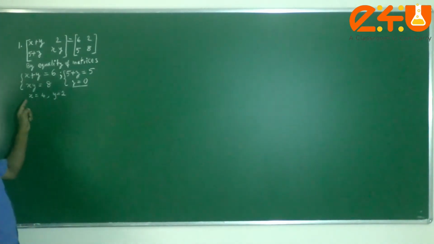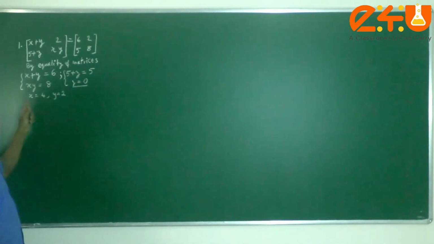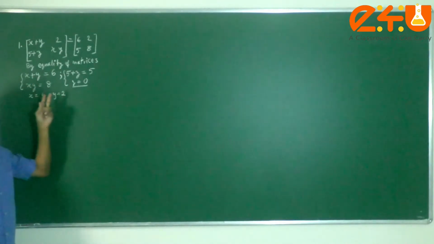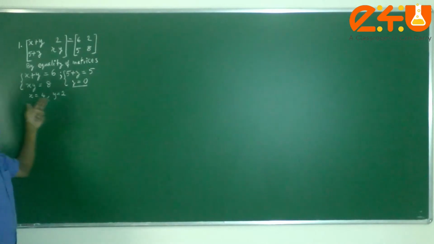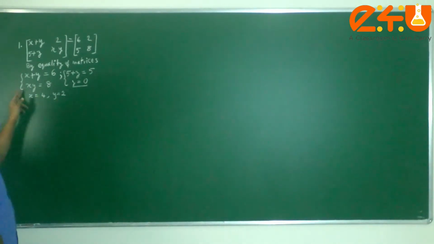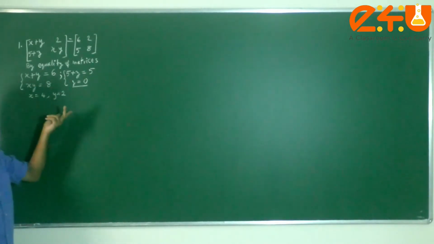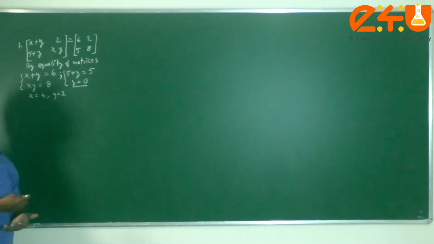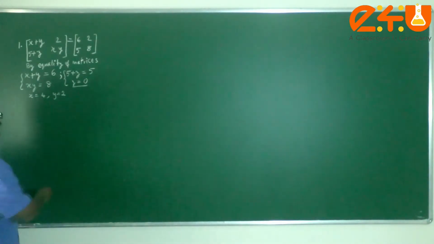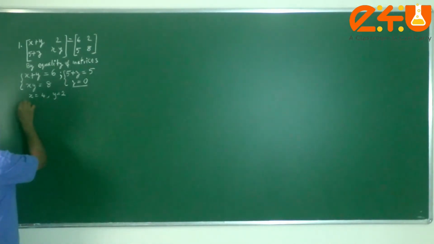Okay, is that the only solution? X plus Y is 6. By guessing we are able to identify the factors of 8 as being 2 and 4. So it could be 2 into 4 is 8, or it could be 4 into 2 is 8. Similarly, it can be applied to the addition also, because addition and multiplication both are commutative. So I come up with altogether two sets of solutions.